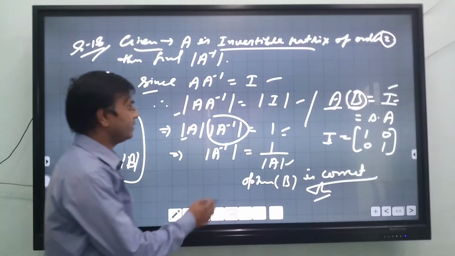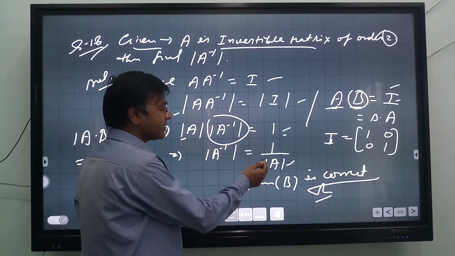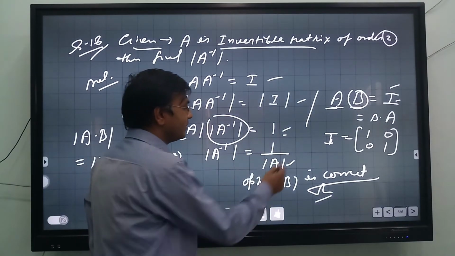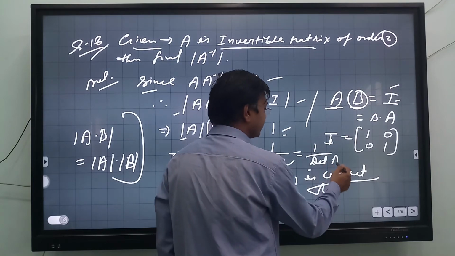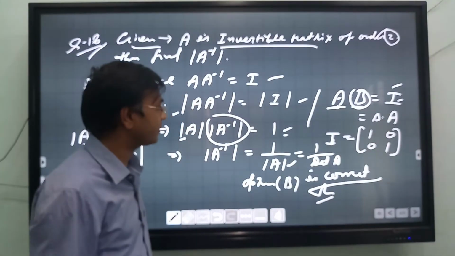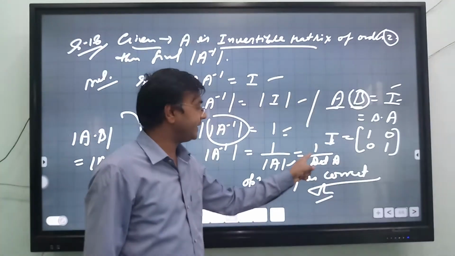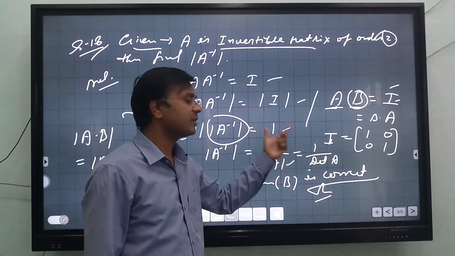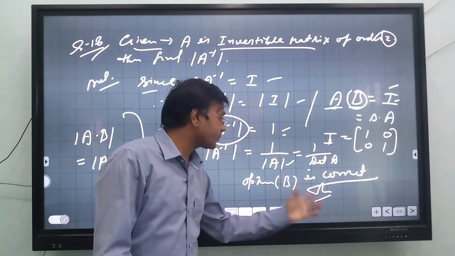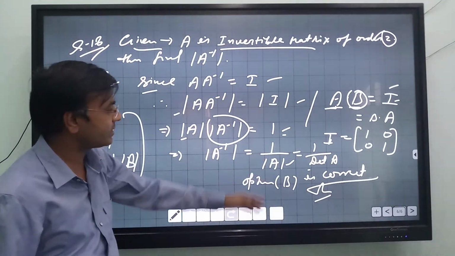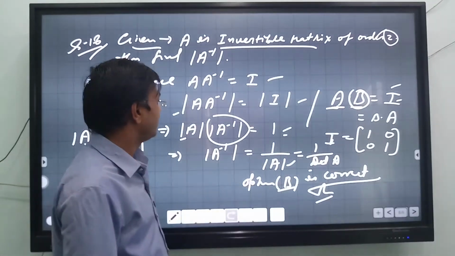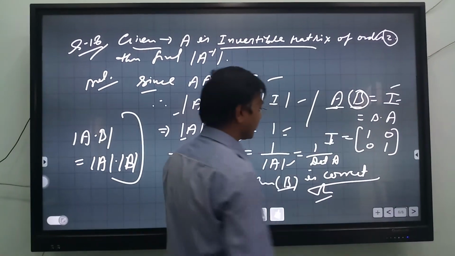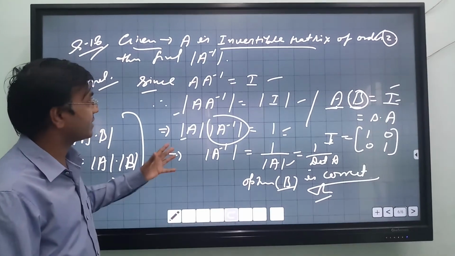Okay, and in the options this is given not symbolically. In book it is given like this, right? 1 upon DET, that is determinant of A. So both are same thing. So there are 4 options, and in the whole 4 options we find this one is B. Okay, so I hope you got this question, and hence the exercise is over.